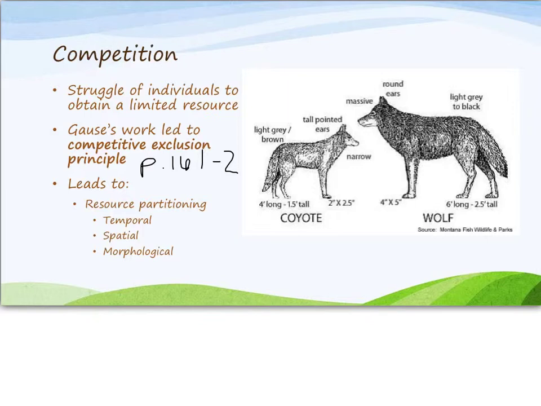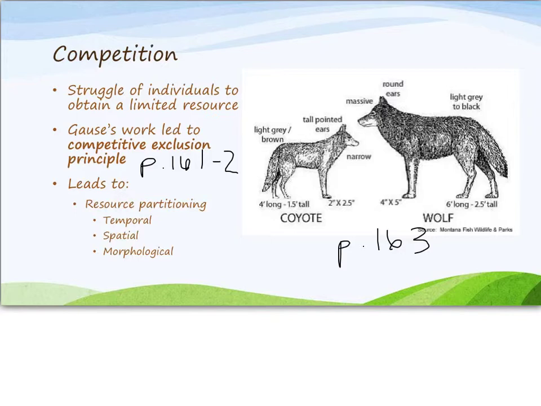So an example of two species that show this competitive exclusion principle is the wolf and the coyote. And there's a picture of them on page 163 of your book, but here's a picture for you as well. So you can see that they're very similar, although there are things that they have that make them different. Such as their size is one thing that you can see right away. At the end of this presentation, there'll be some videos you can watch, and one of the videos will describe in more depth the difference between the coyote and the wolf.